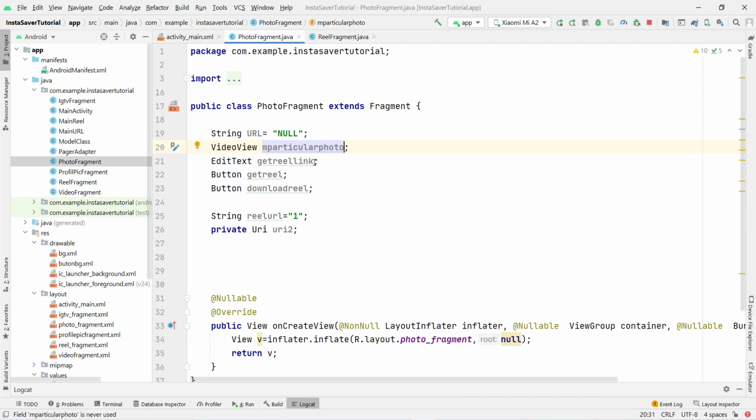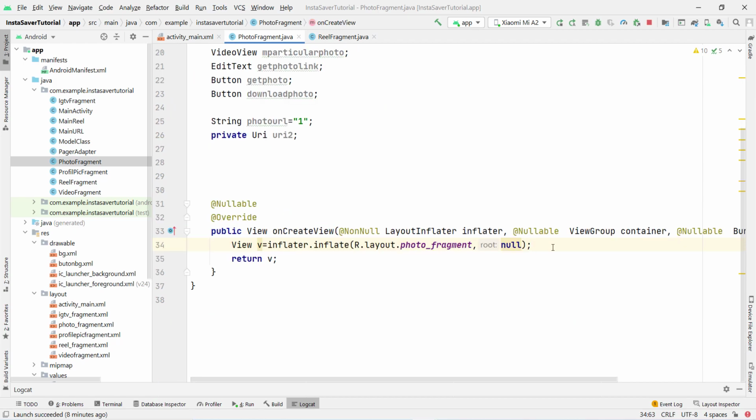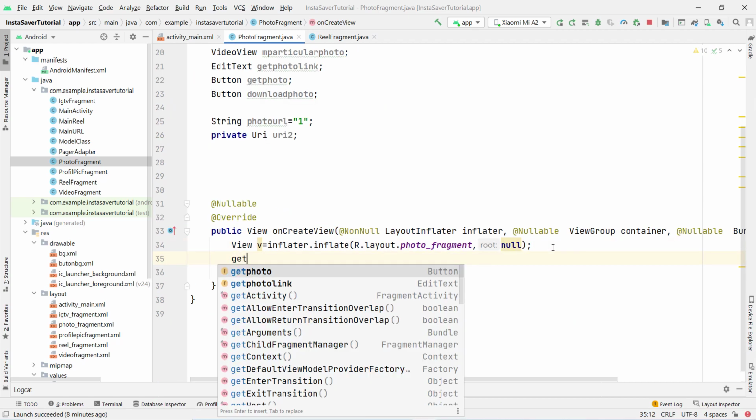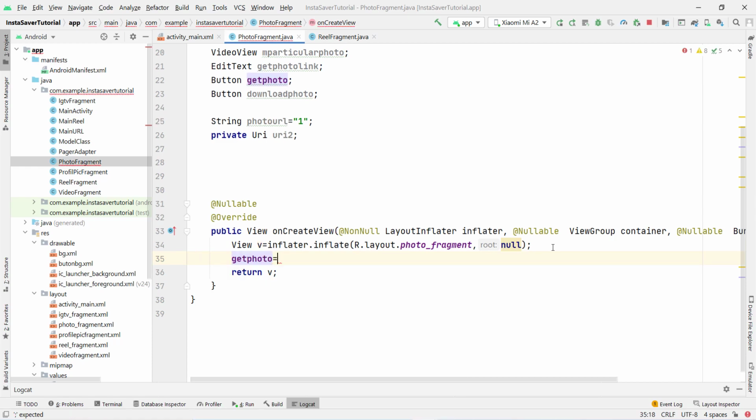Instead of get reel link we have to use here get photo link, and instead of get reel we have to get here get photo. You can give any ID name, it is your choice. And instead of download reel, and why I am giving the different ID name, because it can crash our application, so that's why. So string photo URL, we have to type here get photo equal v dot find view id